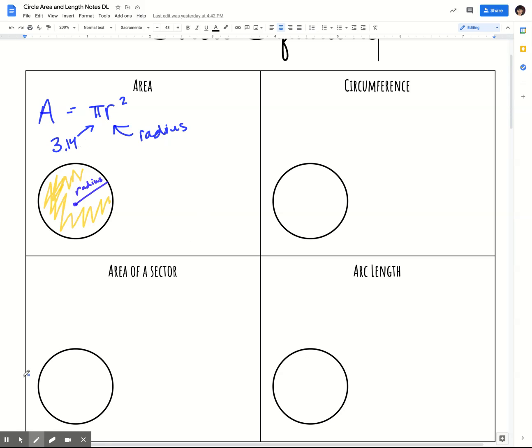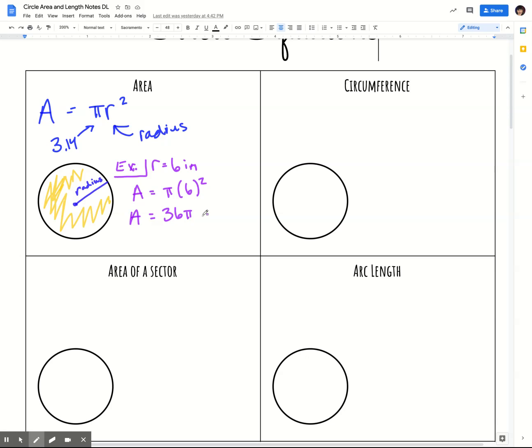Okay, all right, so I want to do an example for you here. Let's say, for example, I have a radius of 6 inches, and I want to know what the area of that circle is. So the area of that circle is pi times 6 squared. Now, my advice when you're doing these types of problems is to do everything except the thing with the pi first, right? So I would do 6 squared first, which is 36, and then just leave the pi on